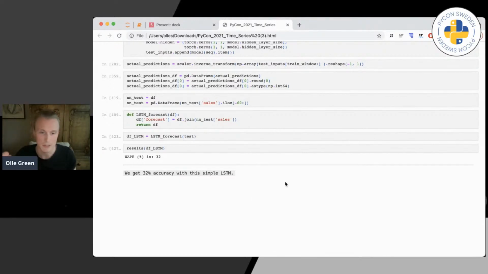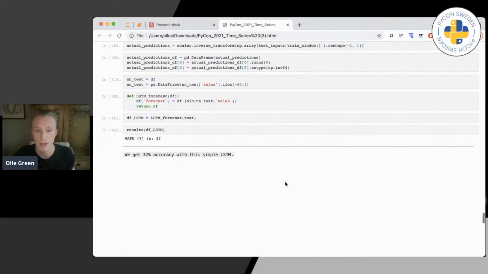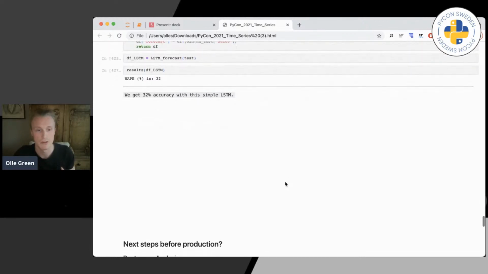So the takeaway here is that we had a deep learning model, and just for the principle's sake, we don't always have to use a deep learning model to get really accurate results. We could use something as simple as a naive model, or a weekly average model, to get even better results than a deep learning model. So basically, more complex isn't always better. You can, of course, tune this with more epochs, or you can make different training windows, experiment, of course. But this is then a good starting point. If we just use this model compared to the old ones, we should stick with a naive model or the moving average model since they're better, and there are some other factors we want to consider as well.